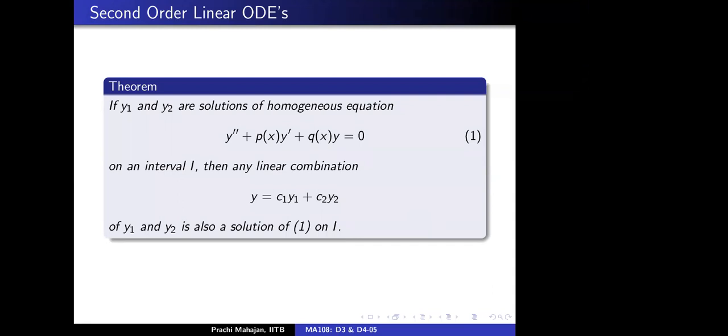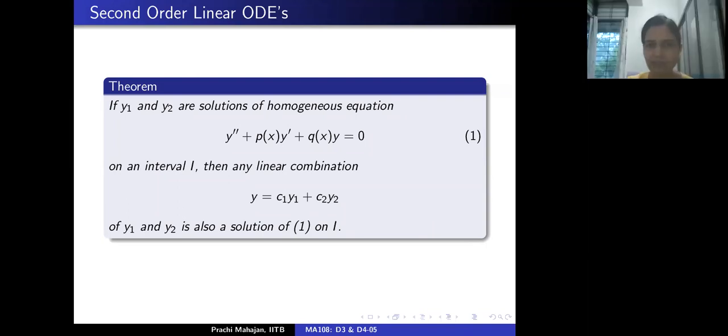But ma'am, the dimension is 2 now, so there must be two solutions that are linearly independent. Correct, but y1 and y2 may not be those, right? That will come later. The dimension is 2, so there must be some two linearly independent solutions, but God knows which. y1 and y2 may not be linearly independent, right?